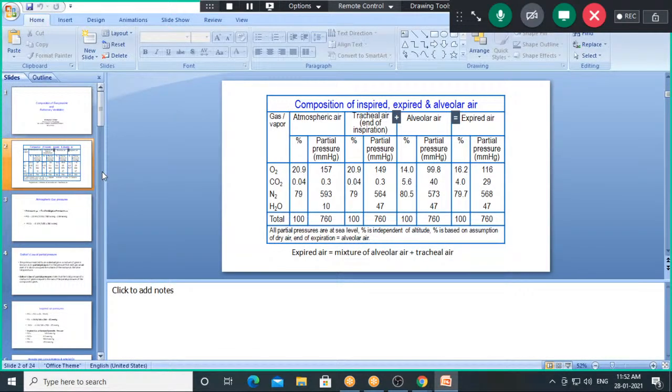Now coming on to the next preliminary part, that is